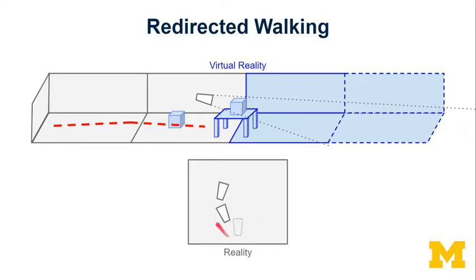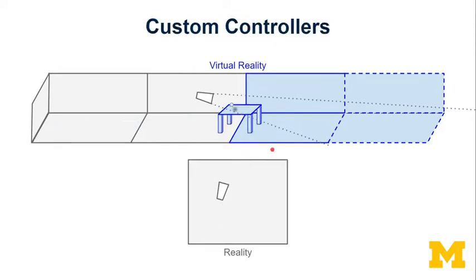So there is actually research that shows that people can feel like they're walking along this corridor, but what they're actually doing is they're walking in a circle. And that is just very interesting. Just a little bit of perceptual tricks here and there. Cool, so redirected walking, we have that. Now we're going to go to custom controllers. We're going to play virtual ping pong here. So it's going to be a ping pong